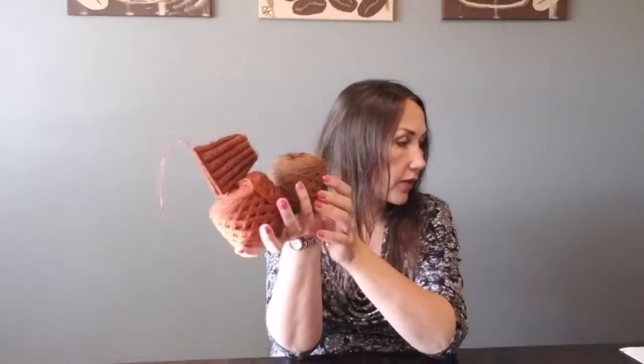And my next project on my needles is yarn that I got as a present from Vera from Warm Wool Gallery. I think, yeah, that's her company name. It's an online store. And this yarn is lamb's wool, and each ball has 70 grams. And she gifted this yarn to me because she knew that I wanted to make gloves, but I couldn't choose exactly which yarn to use. So here I'm holding it double stranded. I'm not sure of the yardage of this yarn, but it's lamb's wool, and it's